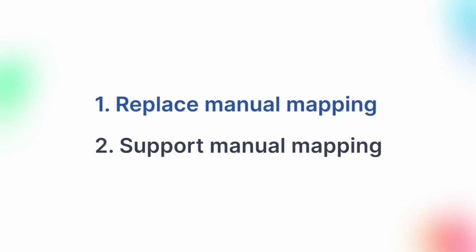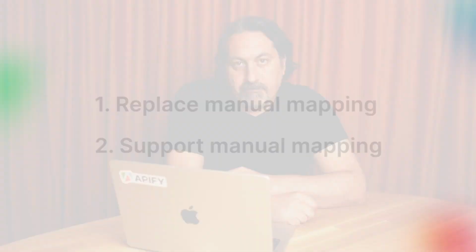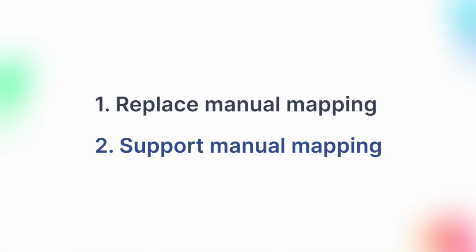Now, you might be wondering, what can I use this tool for? Here are a couple of ideas. Replace manual mapping. If you're on the lookout for an automated product mapping tool, our AI Product Matcher will be an affordable and accurate solution for your problem. Support manual mapping. The strength of manual mapping is its unparalleled accuracy, but if you want tens of thousands of products or want results real fast, this can be a problem. Large quantities of data require hiring large amounts of people to sort through them, meaning much higher costs, more complex hiring, supervision, and data quality assurance, and slower data processing and mapping.